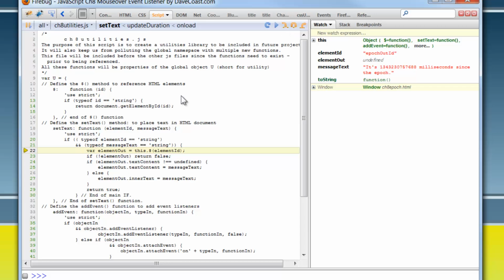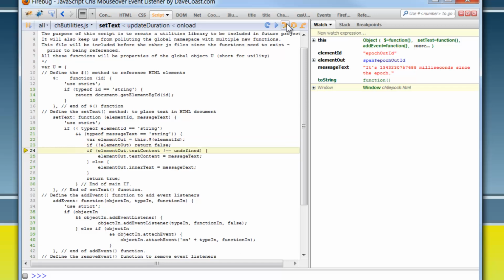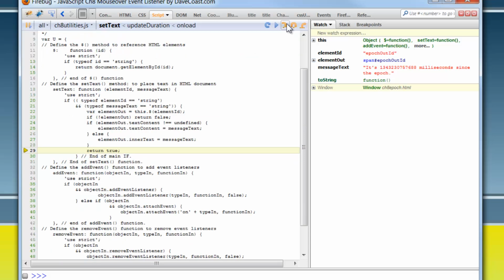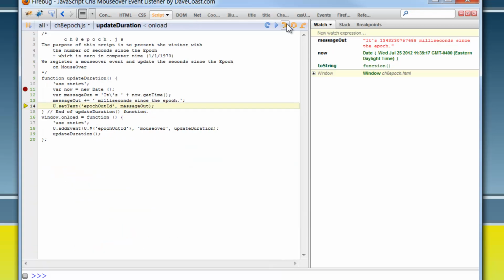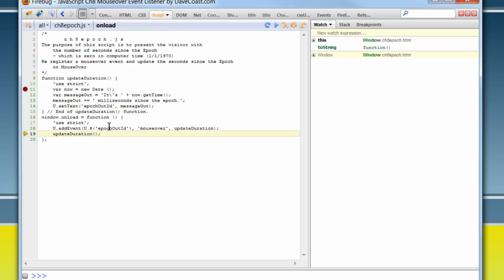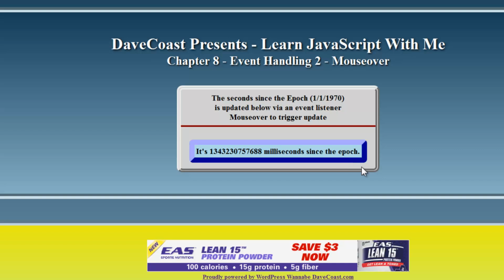So now it's created its reference, and now it's going to put the element out, and it returns true. So now I return to my epic.js, and we see here the u.setText. I step one more time, and it has set that text. So now you see that the text is out here,